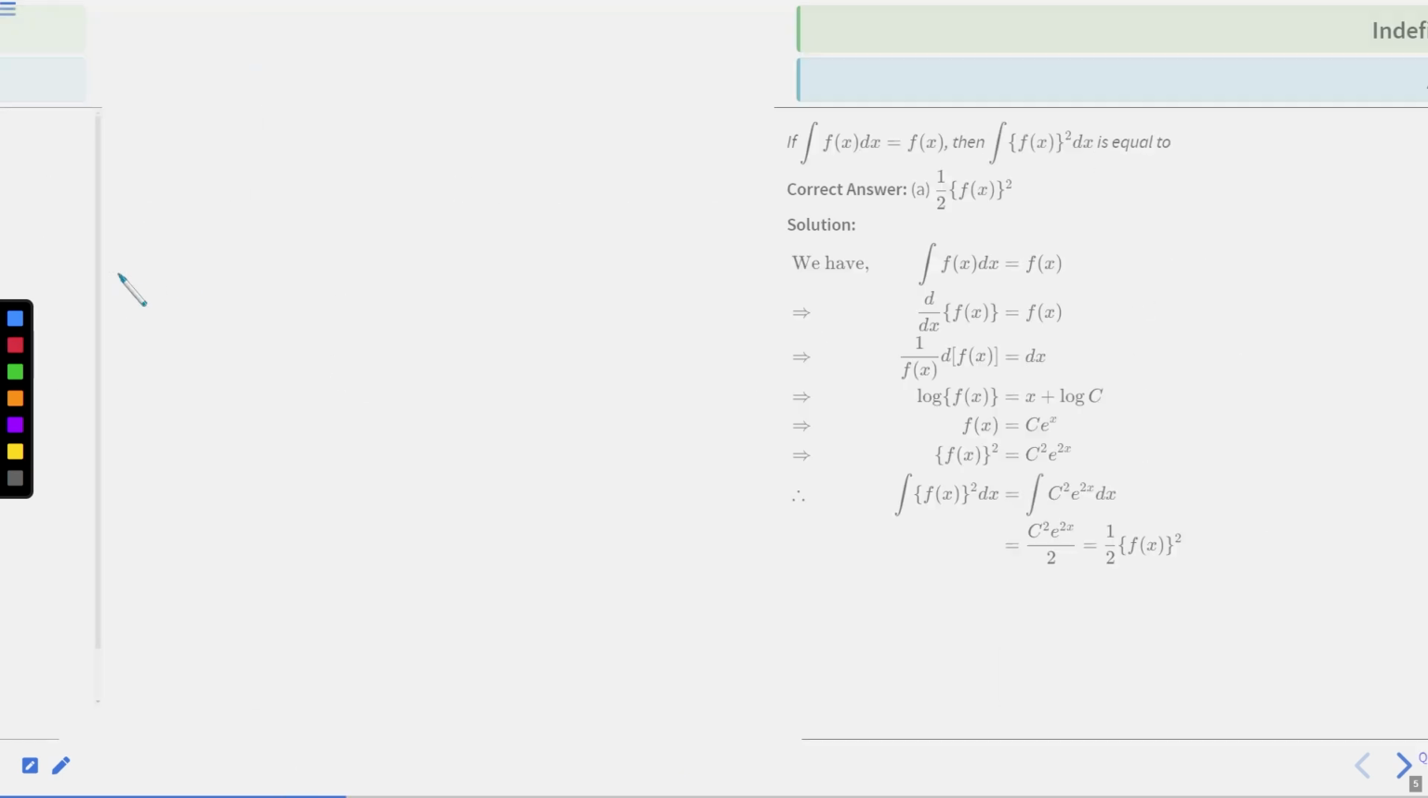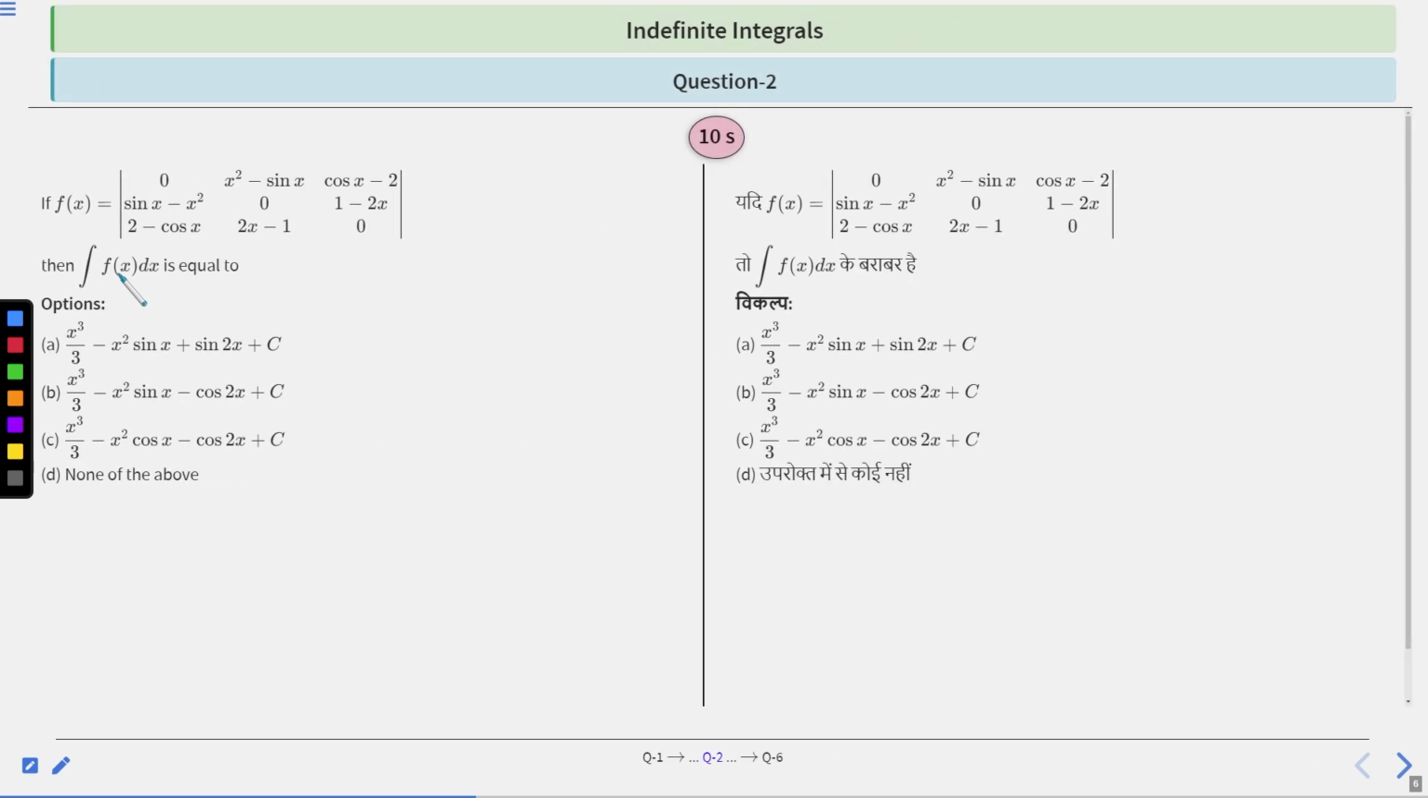Let's move to the next question. Question number 2, which says if f(x) is equal to the determinant of 0, x square, sin x; square minus sin x, cos x, minus 2 sin x minus x square 0, 1 minus 2x, 2 minus cos x, 2x minus 1, 0, then the integration of f(x) dx is equal to